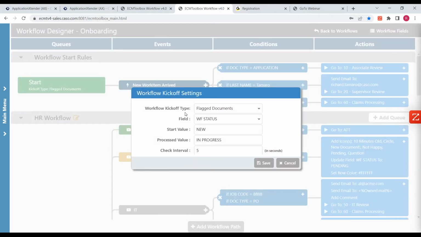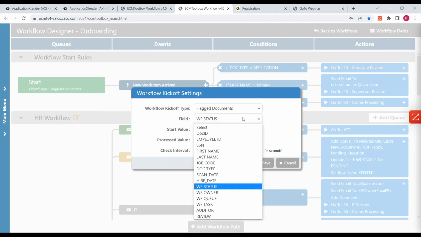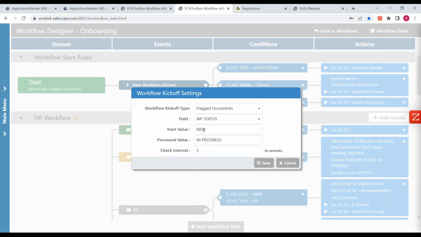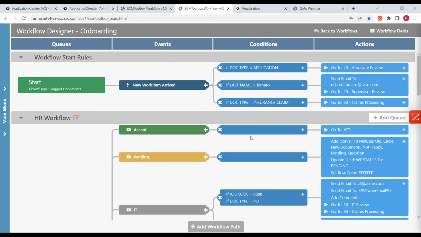Okay, so I set it up. I can just point and click and say when workflow status is a field and it was coded as new, then let's start a workflow. Then I'll say, tell me about the actual record or records, right? If the doc type equals application, then I'm going to send it to an associate. If it equals last name tomorrow, then I'm going to send an email, and I'm also going to move that to